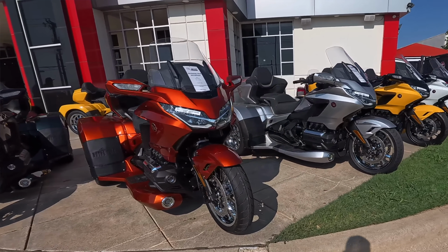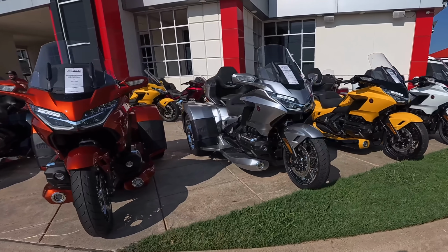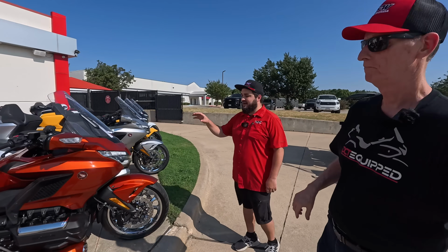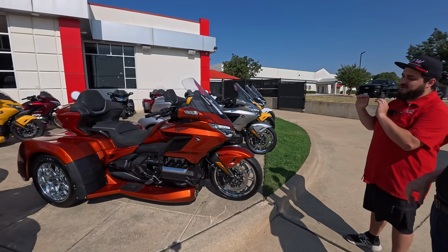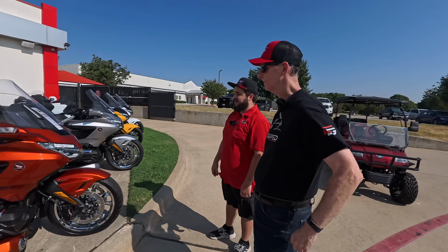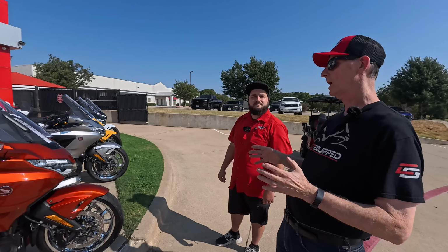So let's go over here and I want to look at this beautiful, I call it copper. What's the name of this color? So this is the Jupiter Orange. We've got it built on a 2024. We did a full custom paint all the way from the bike to the kit. And it's beautiful, man. It really is. It really is nice looking. So when somebody buys a trike,